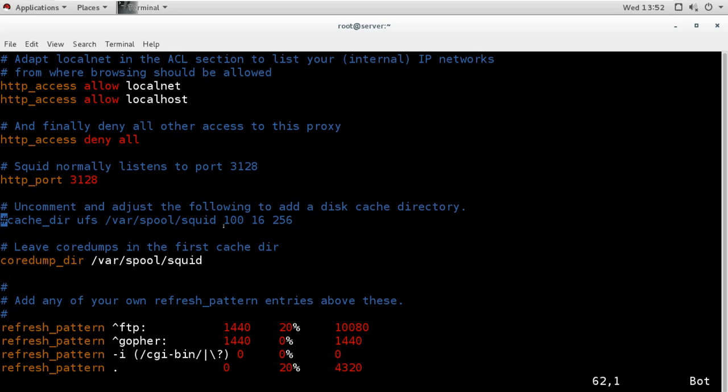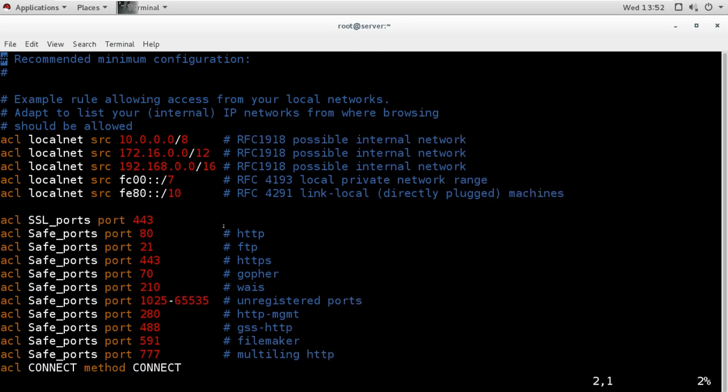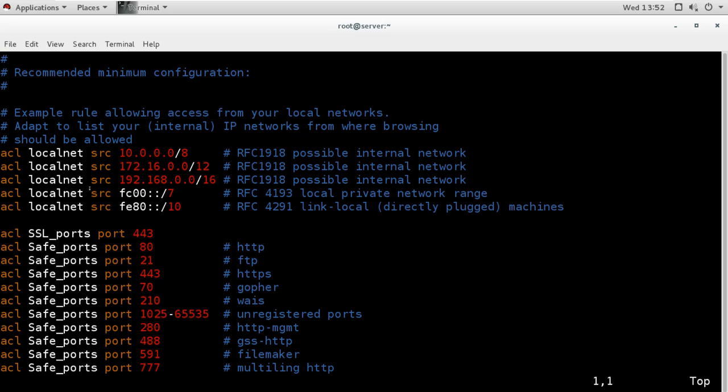So we have to make sure the disk is available with sufficient space. Our network is this, and because of this it is allowing our client to access the ACL. Now, for example, I will show you, I will comment out this ACL. Now this line is not used, so it is going to allow network 10, it is going to allow network 192.168, but it is not going to allow this because it is not going to match in any list.